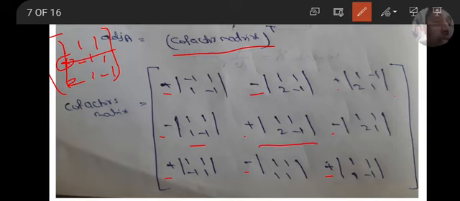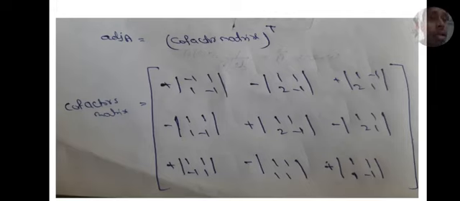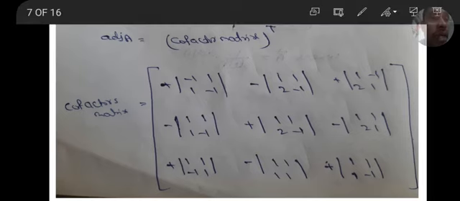We get here, plus this element, remove this row and column, 1 1 2 minus 1, and this element 1 1 2 1, determinant of 1 1 2, plus this element 1 1 minus 1 1, and this one 1 1 1 1. Last one 1 1 1 minus 1. Each is AD minus BC, you have to simplify this one. 1 minus 1 into minus 1 plus 1, minus of BC means minus 1, like that. If you simplify this, you get the answer.